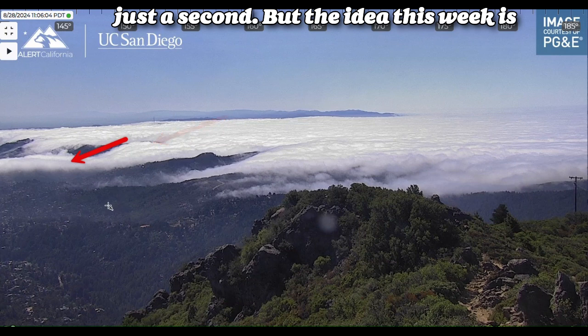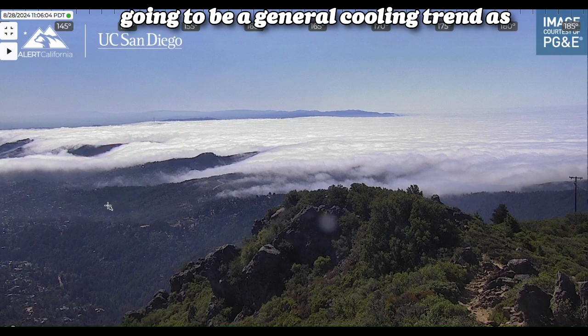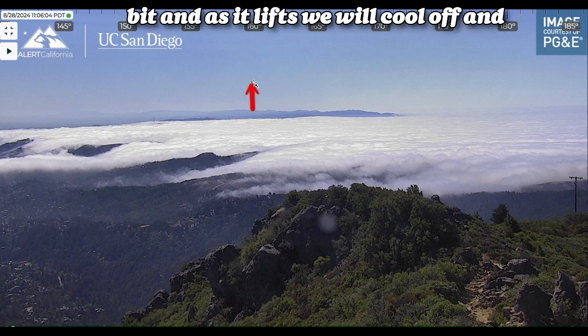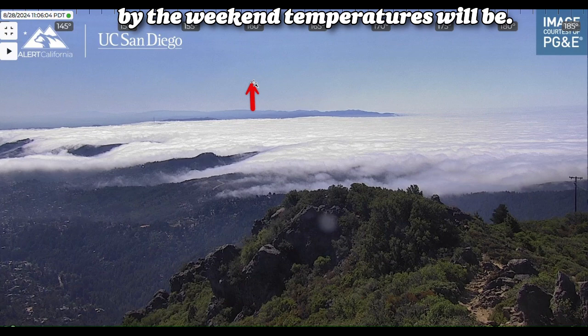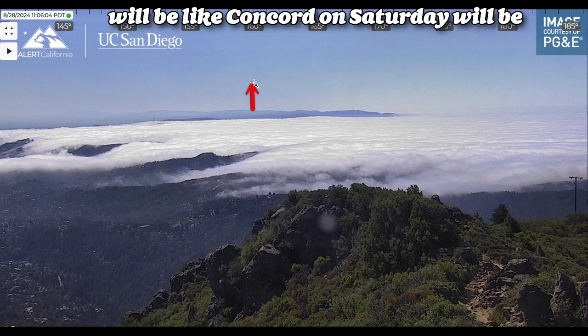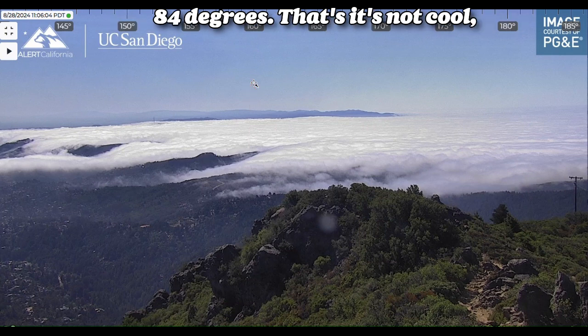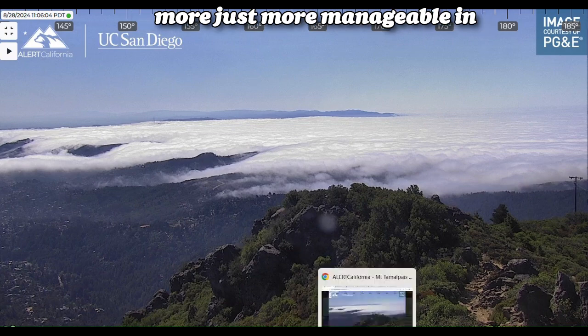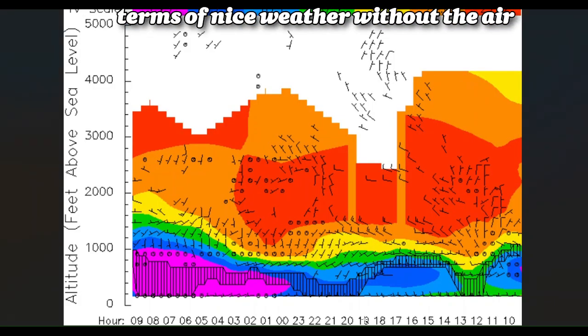just a second. But the idea this week is going to be a general cooling trend as that inversion starts to lift a little bit, and as it lifts, we will cool off. And by the weekend, temperatures will be below average. The hot spots, the mid-90s, will be like Concord on Saturday will be 84 degrees. It's not cool, but it's more fall-like and certainly more manageable in terms of nice weather without the air conditioner